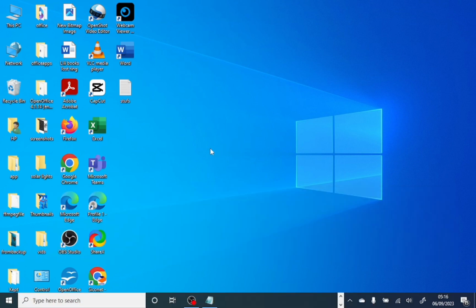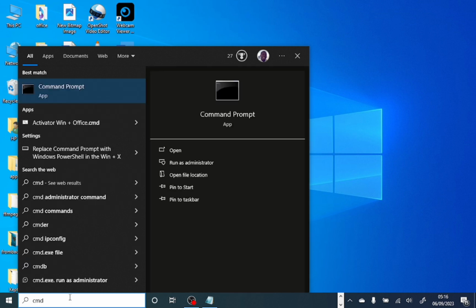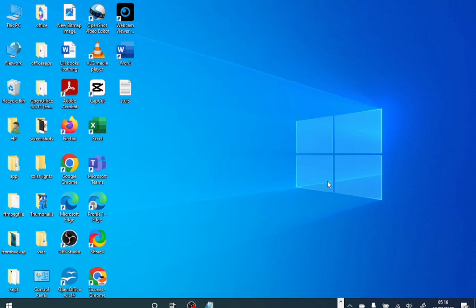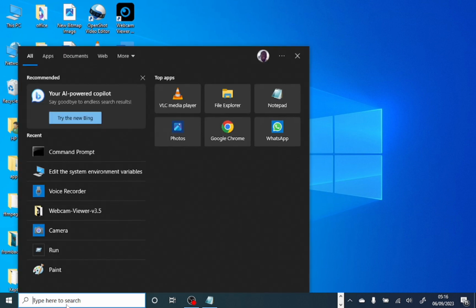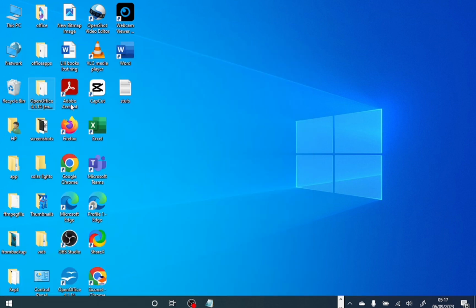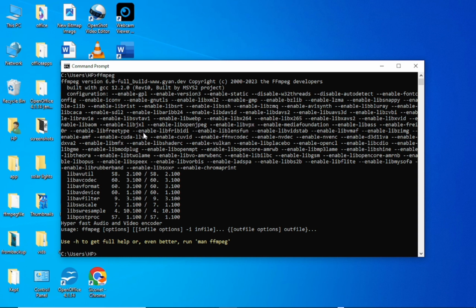After setting the path correctly, you need to test and be sure FFmpeg is now working correctly on your system by going to your command line prompt. Go to the type here to search bar on your taskbar. Type in CMD and click on command prompt. Just enter FFmpeg, the command line, and press enter. Once it displays this information, it means that FFmpeg has been correctly installed and the path correctly set on